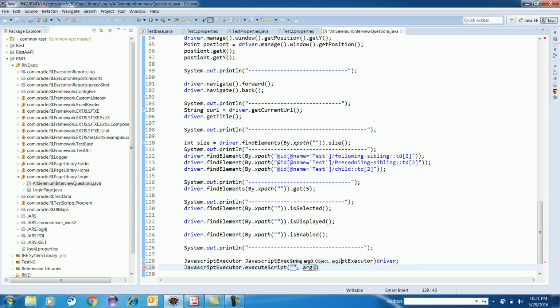You can write some JavaScript like window dot length, something like that. You can also supply an element as an argument. What could be the ideal example here? Let's say you want to execute JavaScript, so what could be an example? I'll tell you.